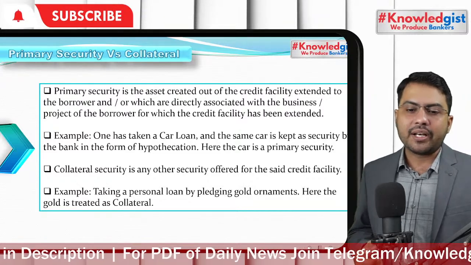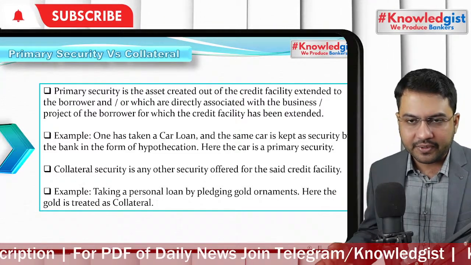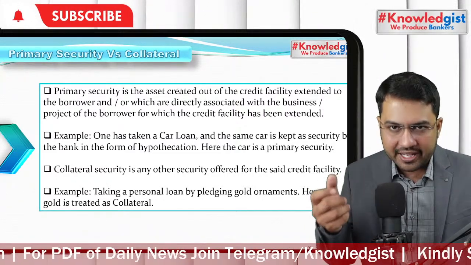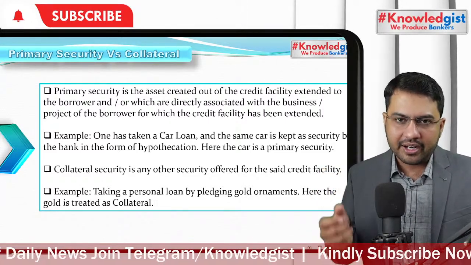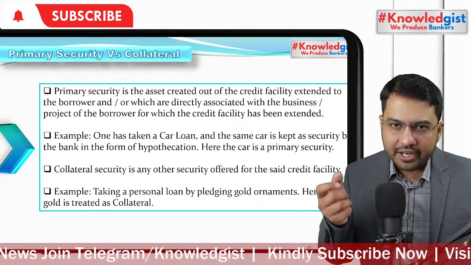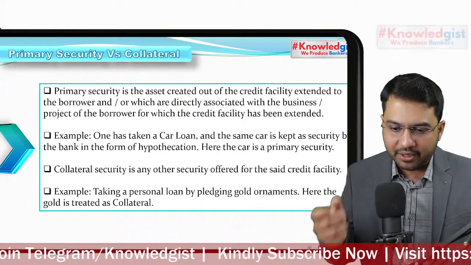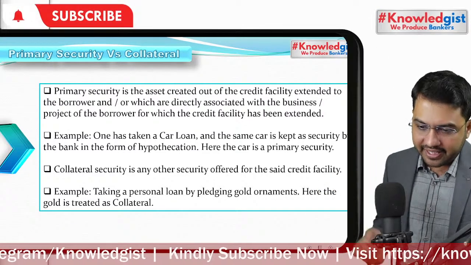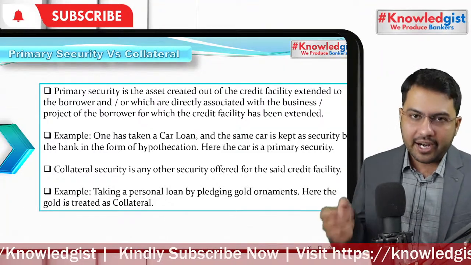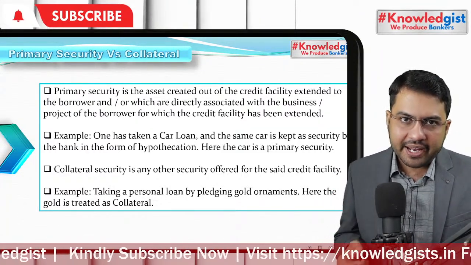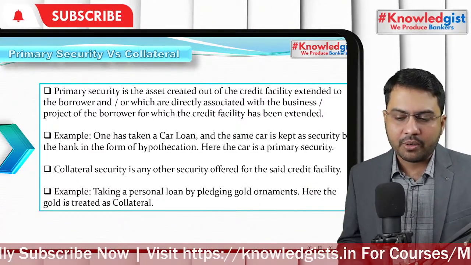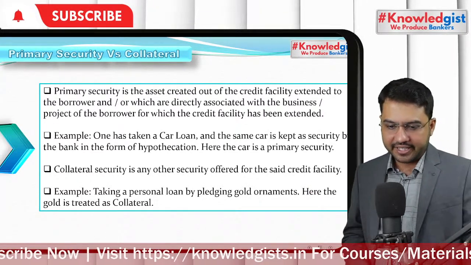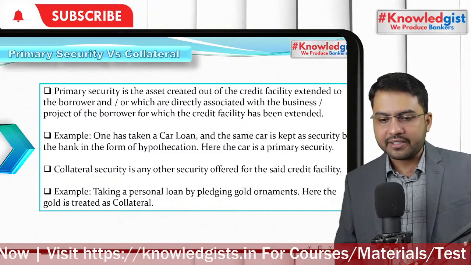But what is collateral? Collateral is something which you place or give as a mortgage to get a loan. Like in a land loan or a loan against property, you mortgage your property for getting a loan. So that is called collateral. But if you buy a house by taking a home loan, here the home becomes your primary security. Yes, primary collateral is the first charge.